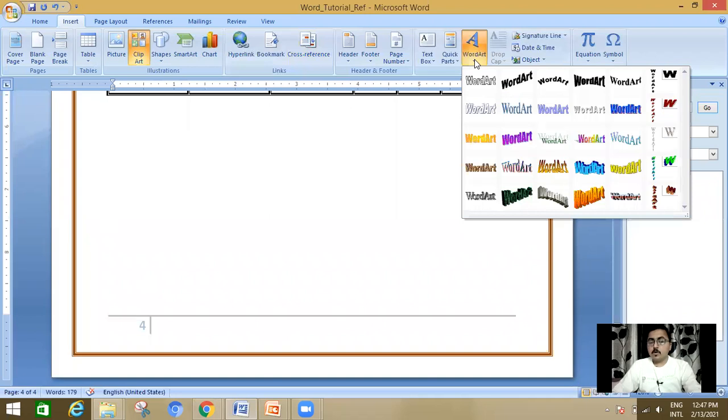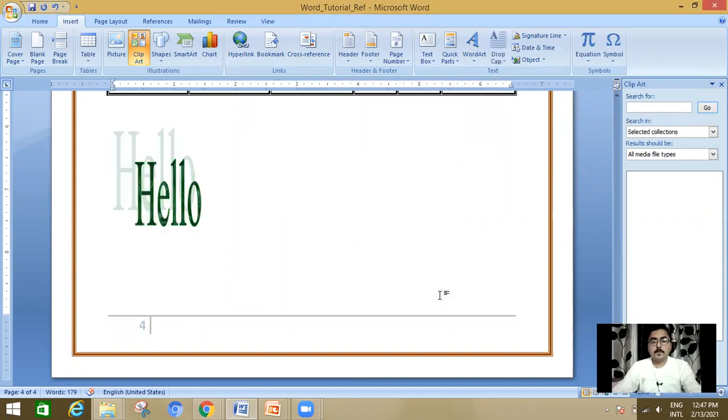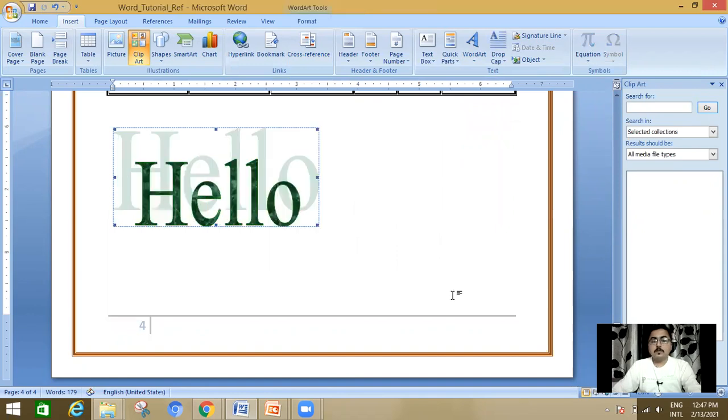Click on word art option, choose a particular design and write anything, whatever you want. Now, this hello will look different in your document. So as per your need, whatever text you want to insert differently, you can do with the help of word art.